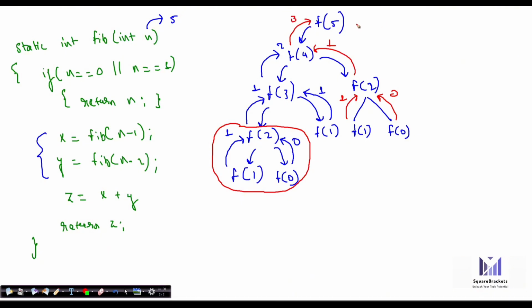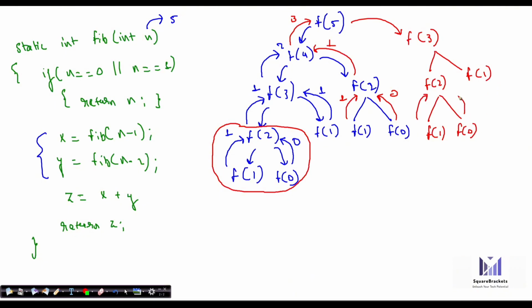Alright. Now understand this part. F5 will call F3. Again repetition. F3 is already executed. It has to again expand F3 for F2 and F1. That F2 is again expanded. See, F2 is called here, then here, and now again we are calling F2. It will be again executed for F1 and F0. So again it will return 1, it will return 0. So it becomes 1 plus 0, 1. Then it returns 1. That is 1 plus 1, 2. So finally it returns 2. Earlier it also returned 2. So why are we calling this again and again? Finally 3 plus 2 returns you 5.